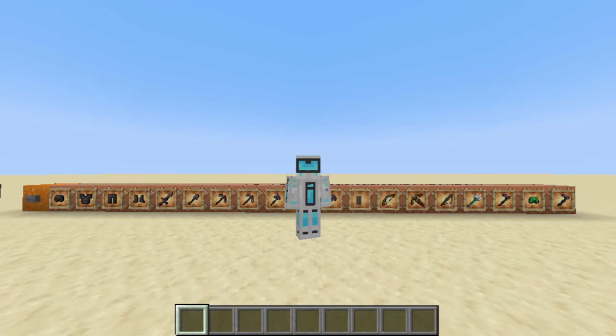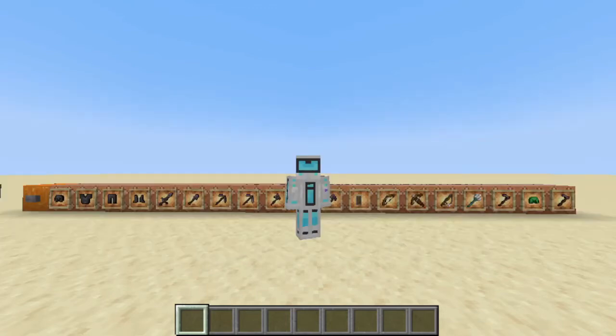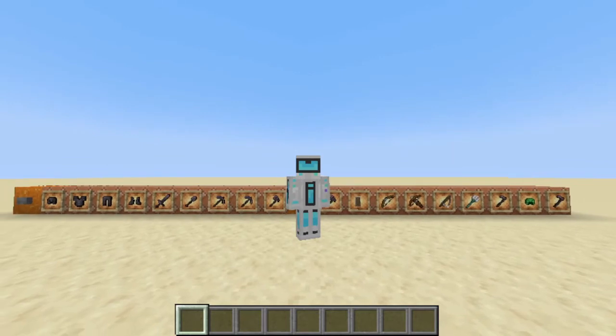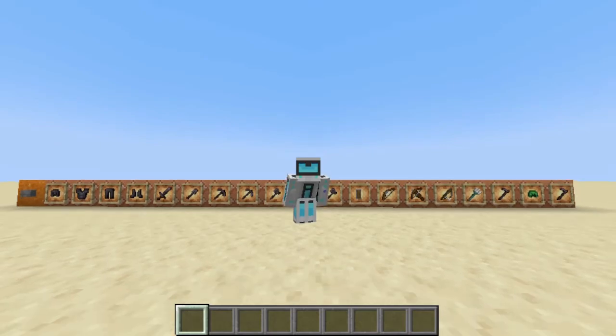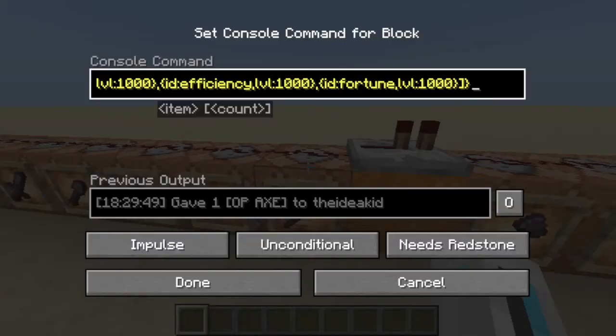And so, next one is, "don't have sharpened, please add." Now, in the description of this video, I have the enchantment ID for sharpness, but next time, be more specific with what you wanted to add sharpness on. Like, do you want to add sharpness on the axe, or the pickaxe, or whatever it is? Most likely it's the axe, but yeah,